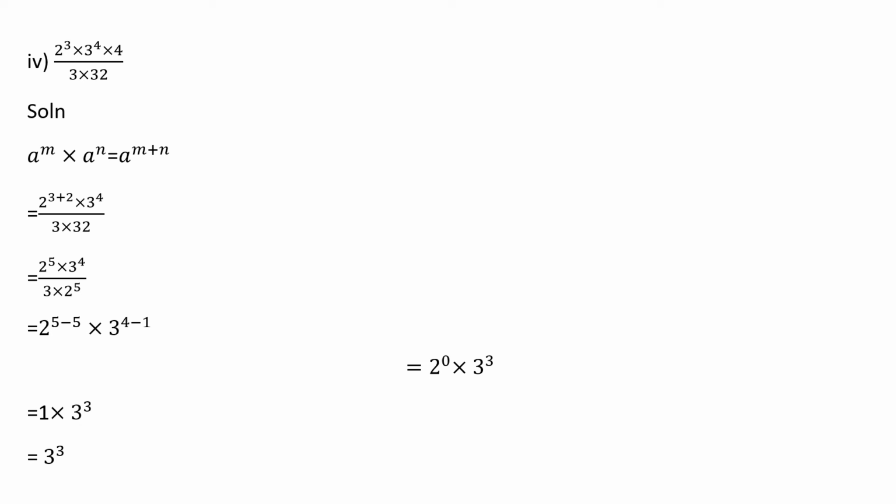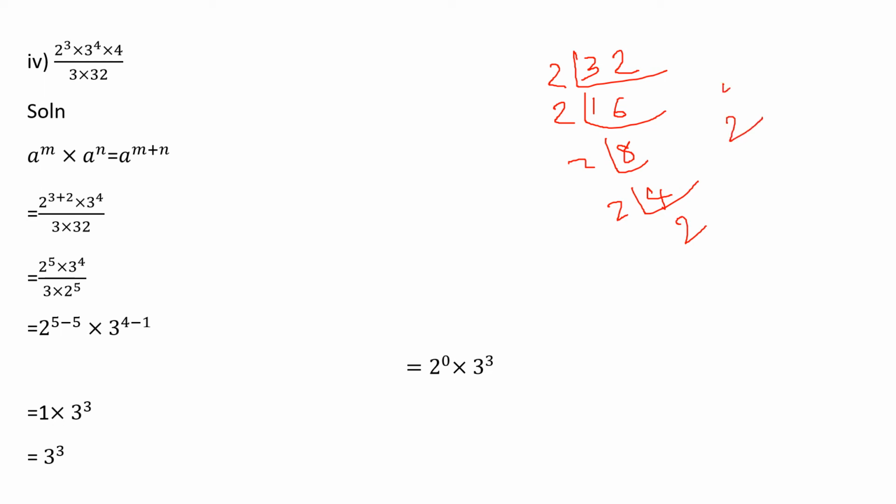So here, first thing you are going to do is convert this 32. Look here, 32. Do the prime factorization method with 2. 1 2 is 2, 1 balance, 6 2s are 12. Again, it is divisible by 2. 8 2s are 16. Again, it is divisible by 2. 4 2s are 8. Again, it is divisible by 2. 2 2s are 4. So 1, 2, 3, 4, 5. So 2 power 5. So we change 32 to 2 power 5.